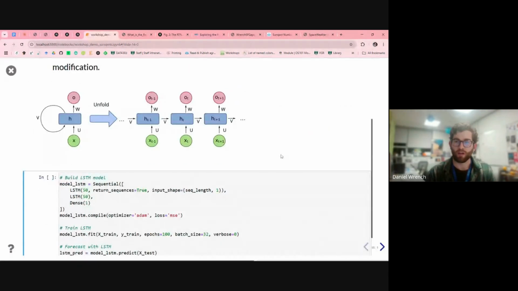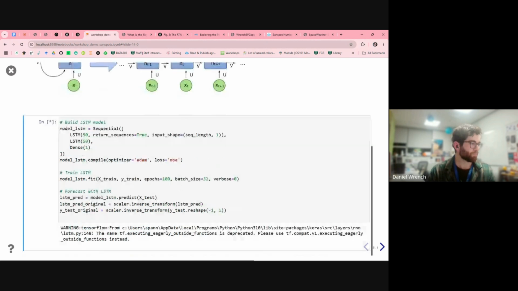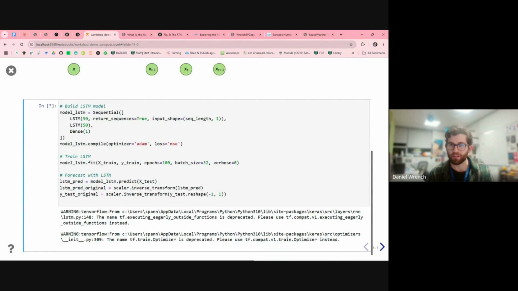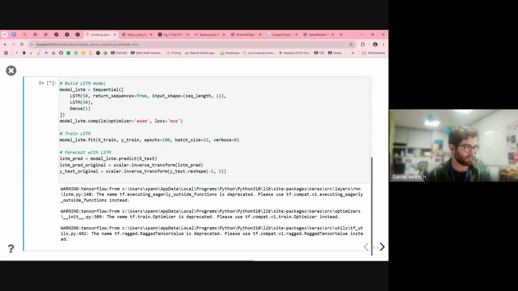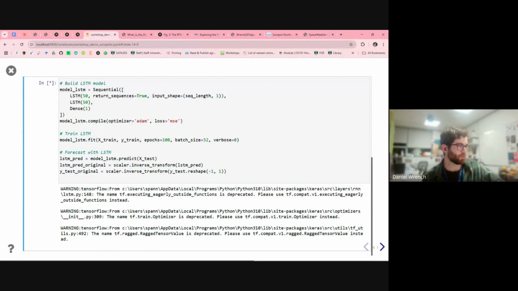So what does this look like for our data? You can build one up very simply using the scikit-learn packages. So you can use an LSTM, use this many nodes. I'm going to feed it in those sequences I mentioned. This will take a little bit longer than the ARIMA model to run, and we'll get some warnings here about some annoying function deprecation, but you just have to learn to ignore those. Otherwise, you're forever trying to update all your libraries.